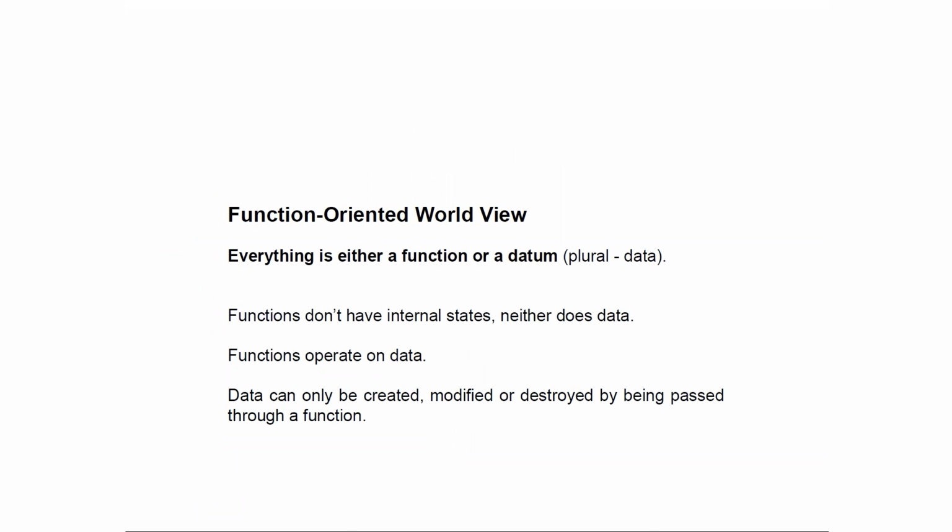well, everything is either a function or a datum, or basically data. And these functions don't have internal states, and data also doesn't have internal states. Data is just information, so there's no additional structure to this data. All data is kind of simple. They're just numbers or strings or something. And these functions operate on data. That's it. And data is passed through one function to another function, and they're just functions. They're kind of data. And for example,